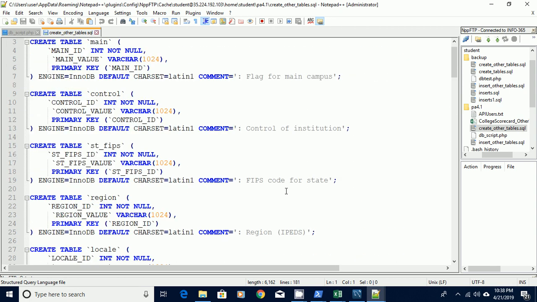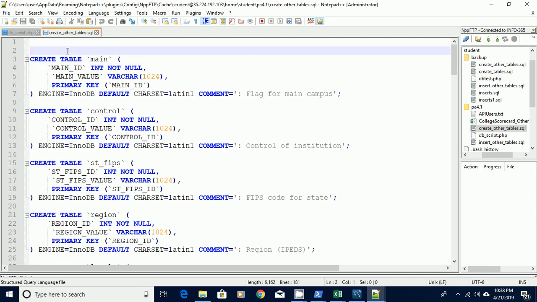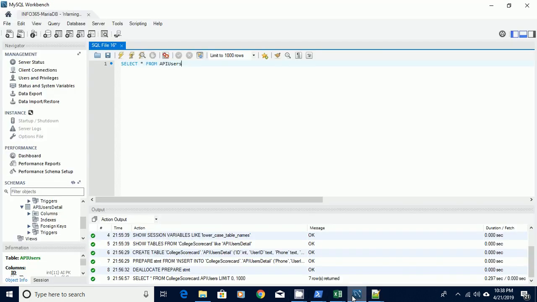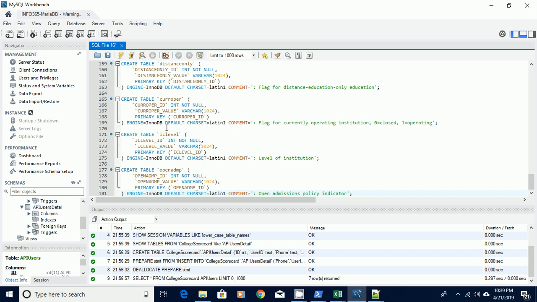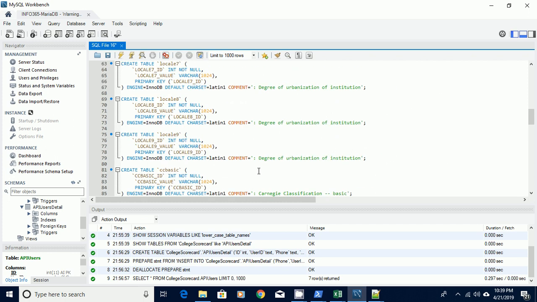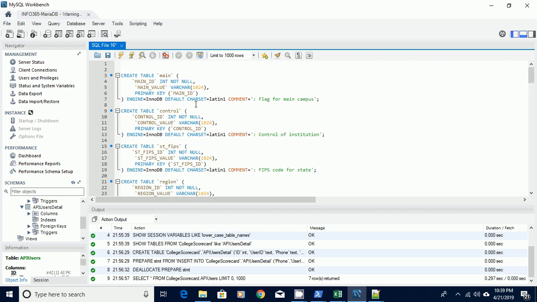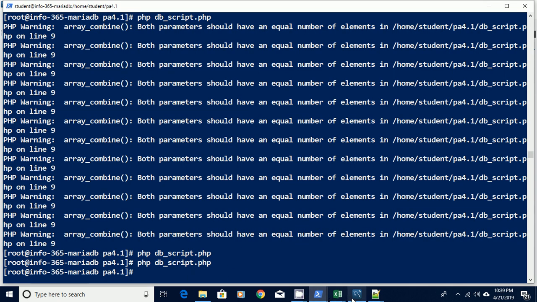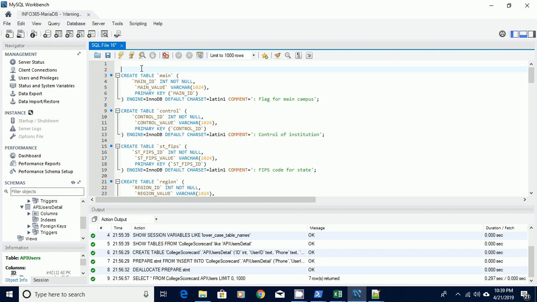Okay, so now I've got two options, right? I could either just copy the file down to my computer, and then I could just copy and paste, right? So I'm going to copy, come over here to my SQL Workbench, paste, and I could just run this, right? I could hit this little button right here, and it'll run everything in this little script file, and that should work, right? That's one option. The other option is I could come back over here, and I could use the MySQL command to run it. So what I'll do for this first one is, since I already copy and pasted it, I'm just going to run it here, right? So I'll hit this little button up here,